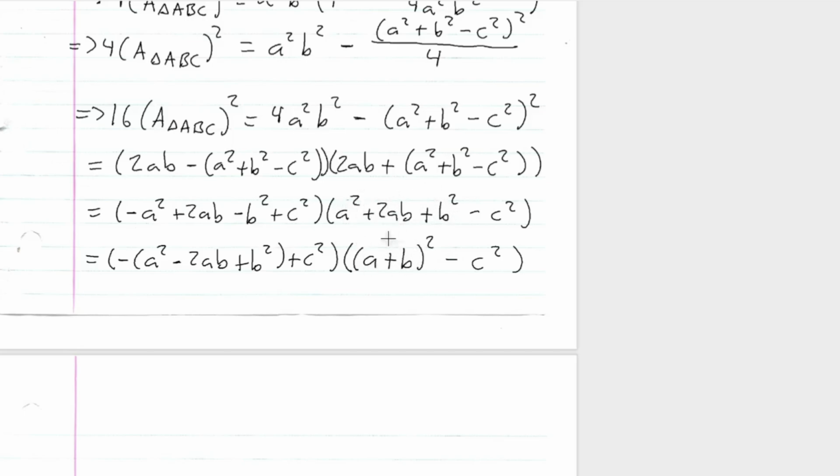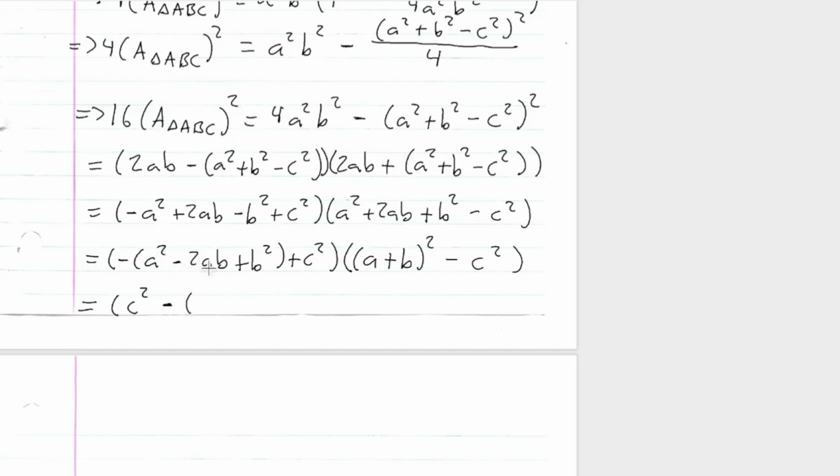So this is equal to this, and look, I have another difference of squares, and I'm going to get one over here too. So this is c squared in front, minus, and then of course,